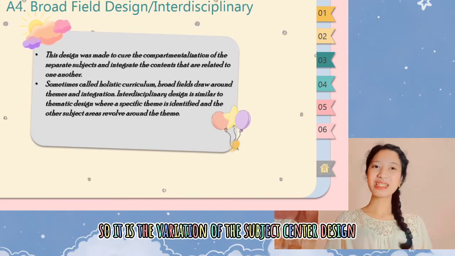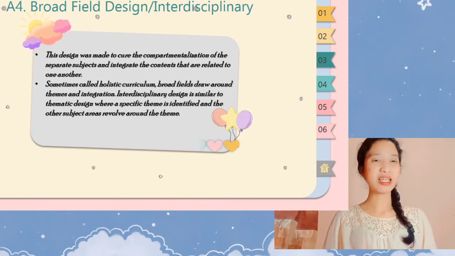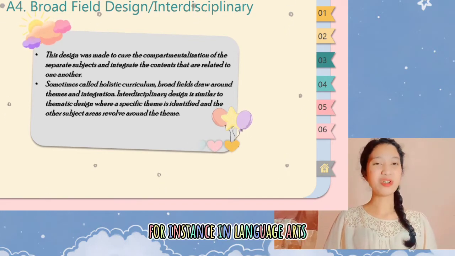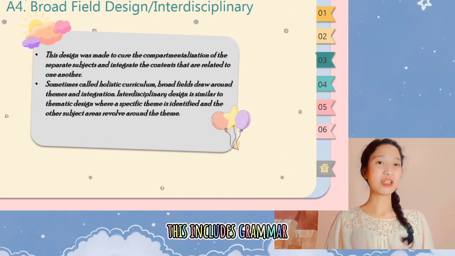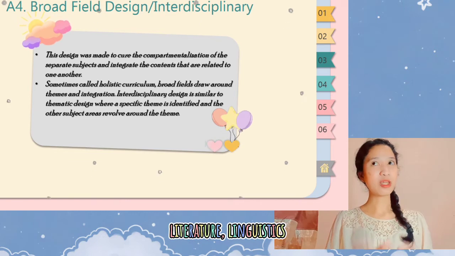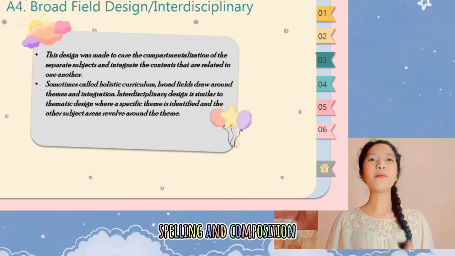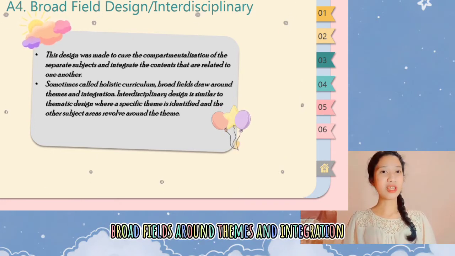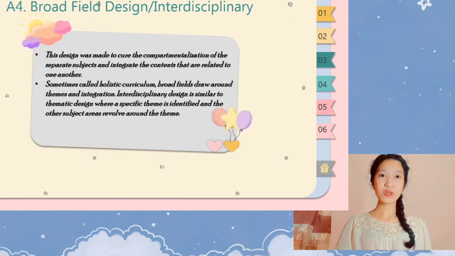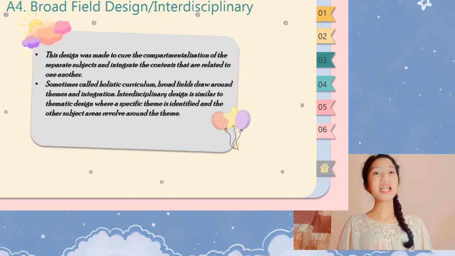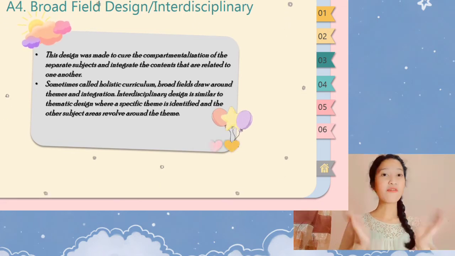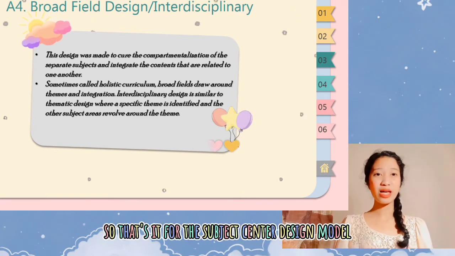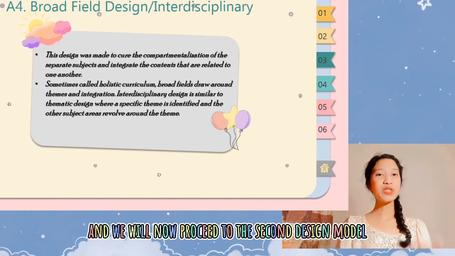So, it is the variation of the subject-centered design. Sa isa ka broad subject, gi-categorize siya, which is related gihapon to one another. For instance, in language arts, this includes grammar, literature, linguistics, spelling, and composition. This is sometimes called as holistic curriculum, broad fields around themes and integration. Also, interdisciplinary design is kapareha sa thematic design, kay isa ka team nag-revolve ang mga subjects na connected ana nga team. Okay, so that's it for the subject-centered design model, and we will now proceed to the second design model,